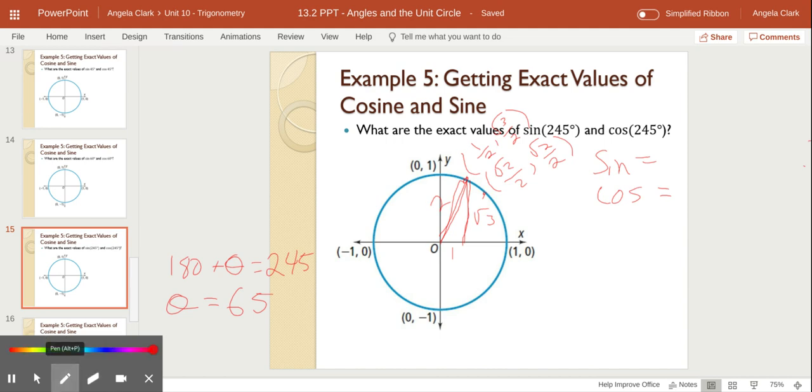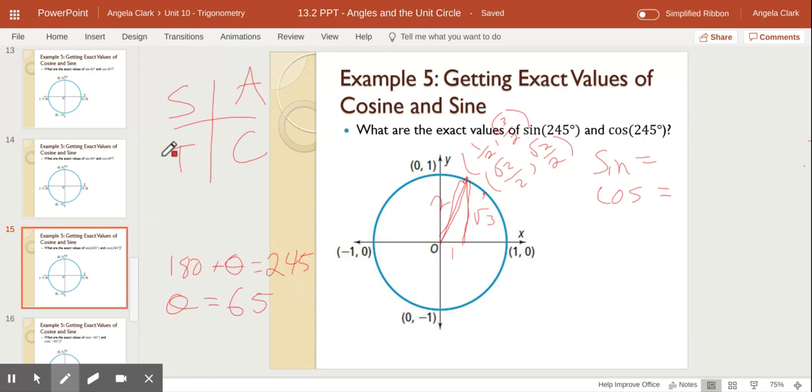Why is it negative? Well, remember, tangent is the only thing that's positive in the third quadrant. So sine has to be negative. Remember, all students take calculus. So this is going to be negative